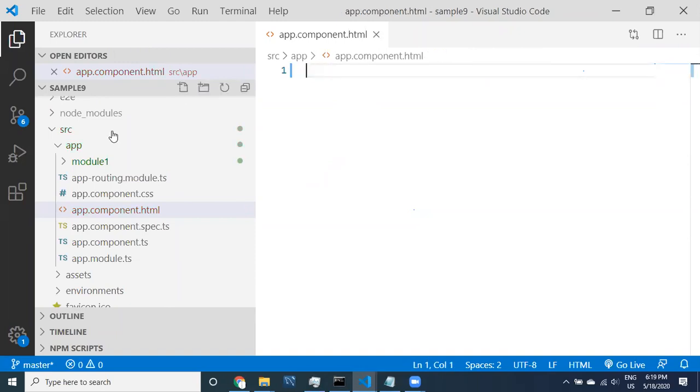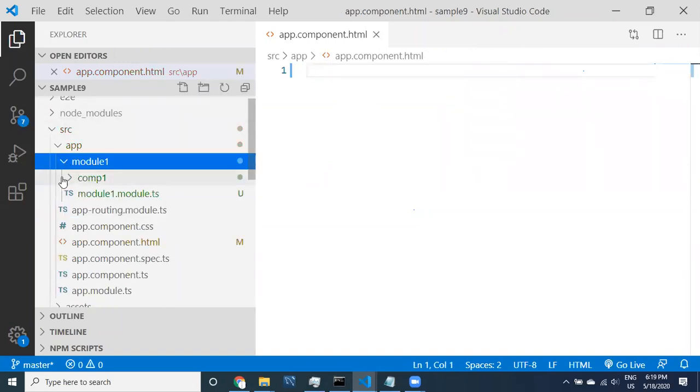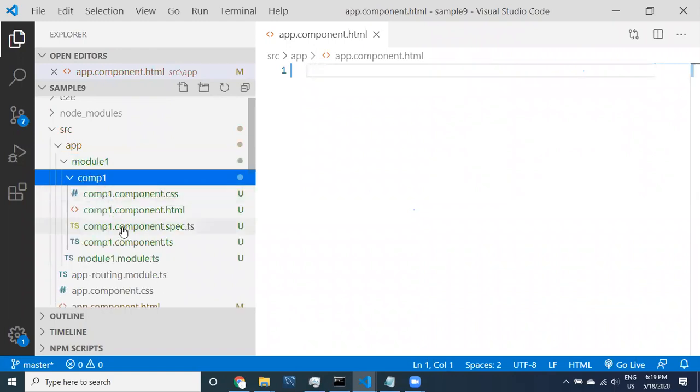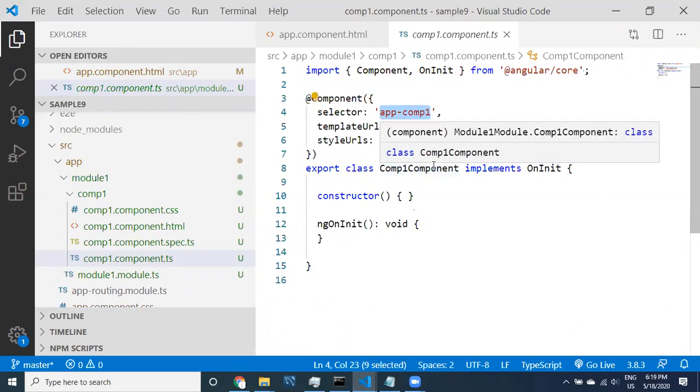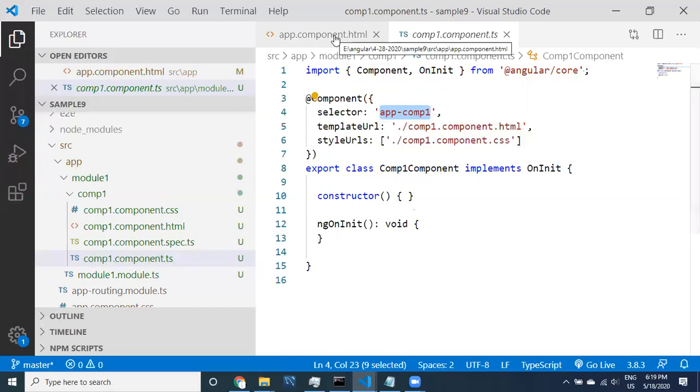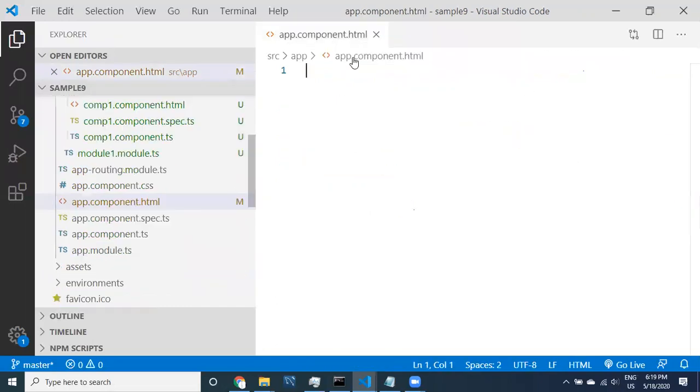It is not showing here by default. Let us go to module 1. Inside module 1, comp1 is available, right? If I open comp1 dot class, I take this app-comp1. I want to use comp1.